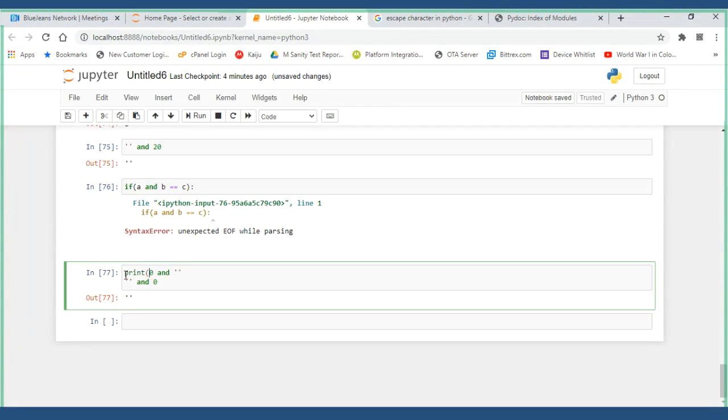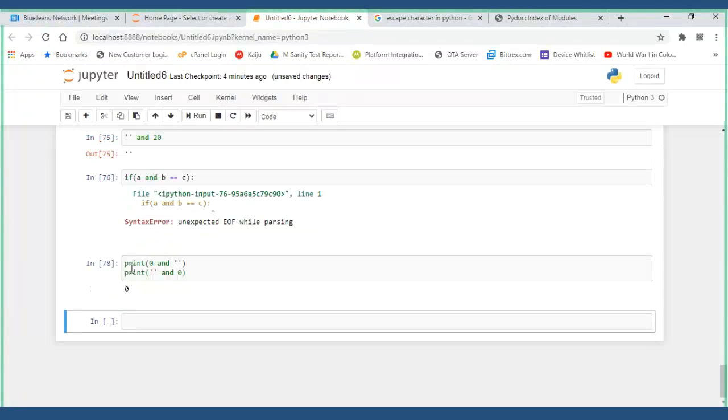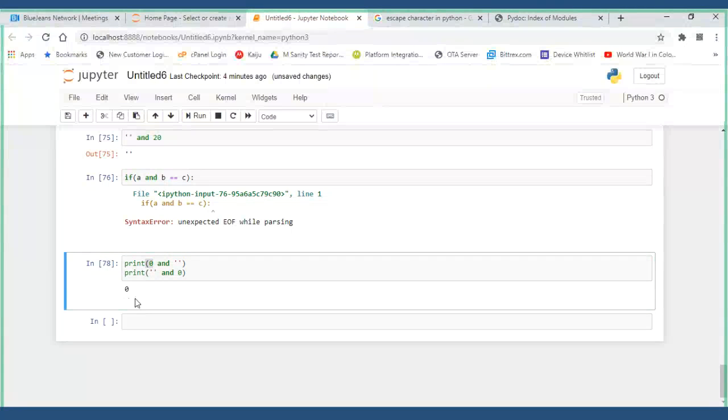And, print. Did I make any mistake here? Why didn't I get anything? Okay, the empty string is here. The first one has got 0 and the second one you are not able to see. It is an empty string. It is coming over here. So it is actually providing you whatever is there in the left side.